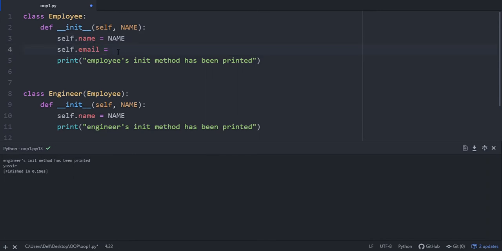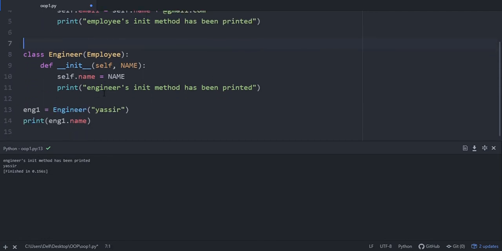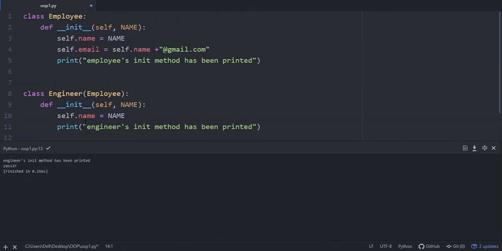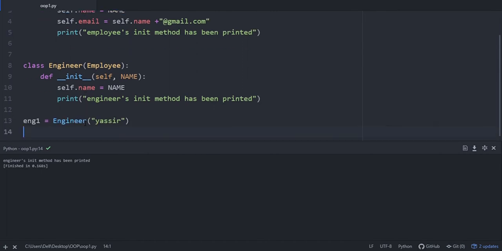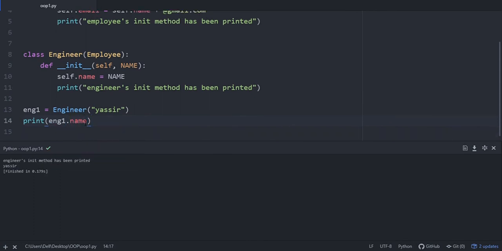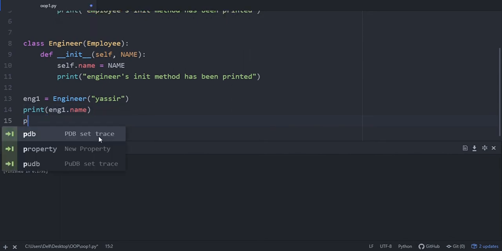I can just type in self.name plus @gmail.com. So now let's try and run this to see if everything is going well. Well, everything is going well. Now, the name of my engineer is printed out here, but if I want to print the mail